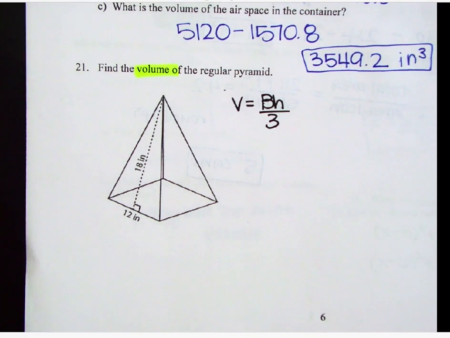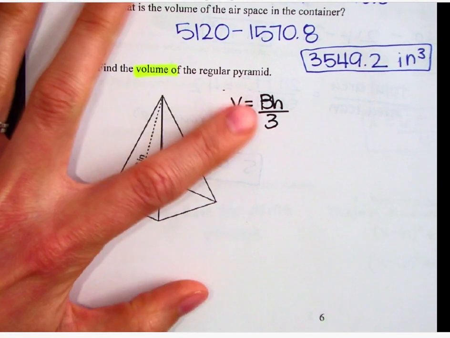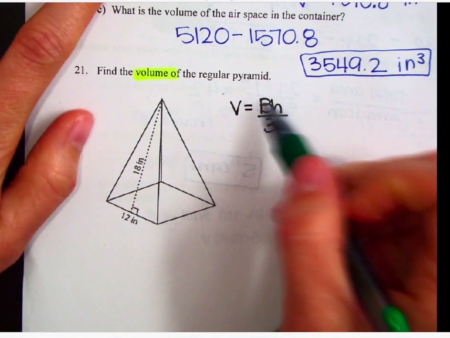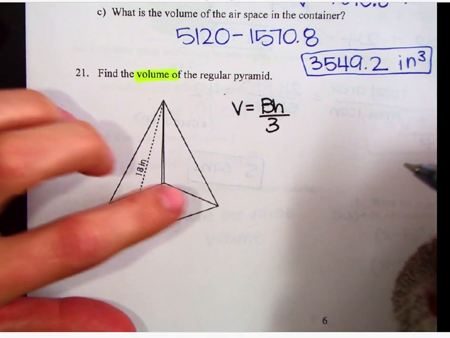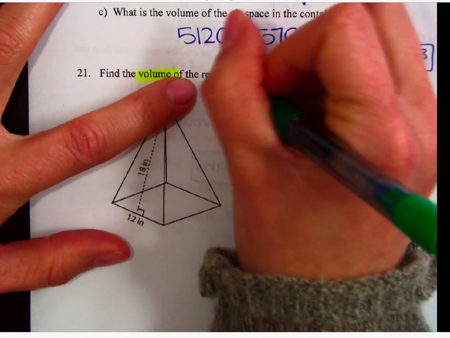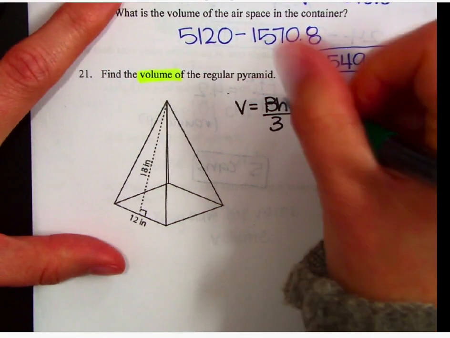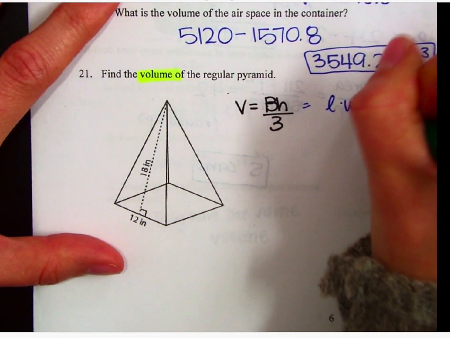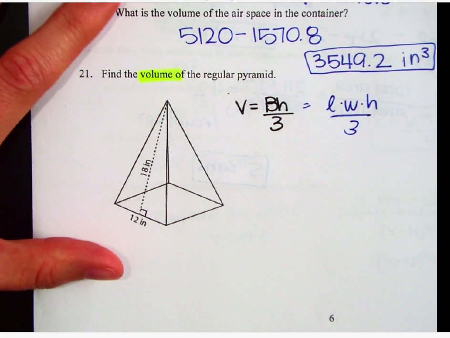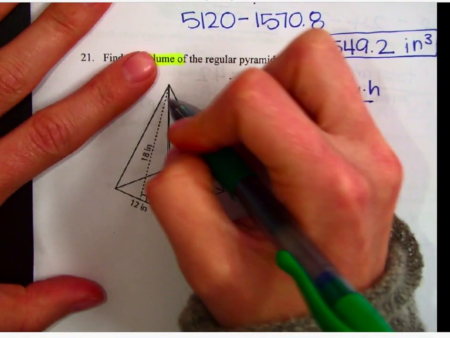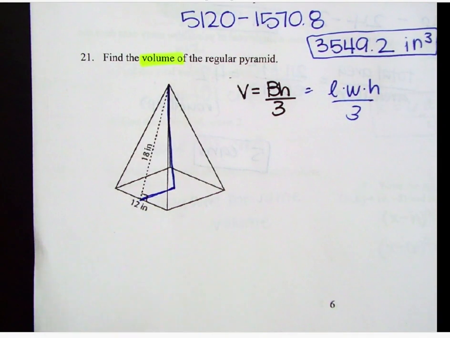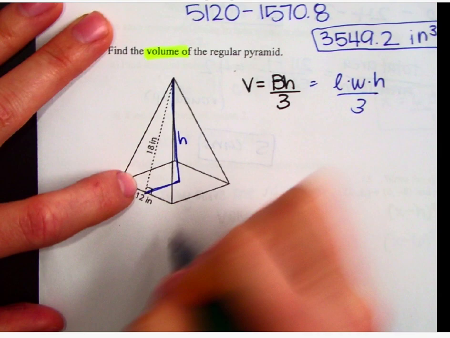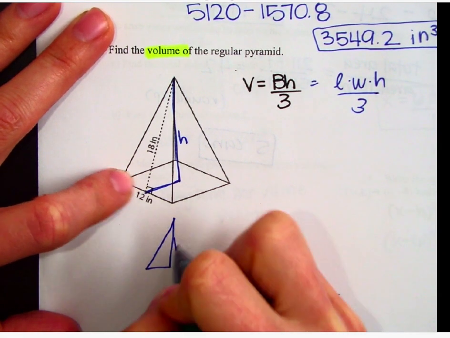Last question, we're asked to find the volume of the regular pyramid. I wrote down that formula for us. We could also use, since this is a square base, that's what the regular pyramid means. We have a square base. So we're going to find this as length times width times height divided by 3. But the first thing we need to see is that this is not the actual height that's given, that's the lateral height. So to find the lateral height, we will be using the Pythagorean theorem,